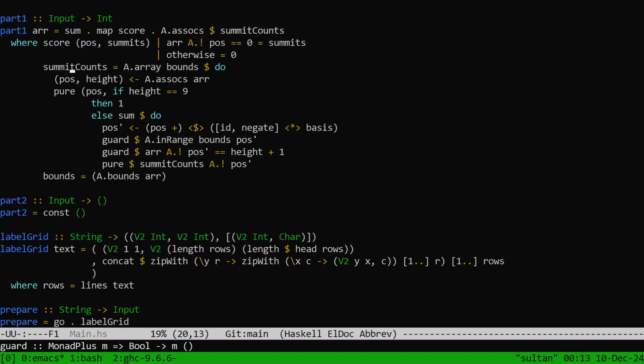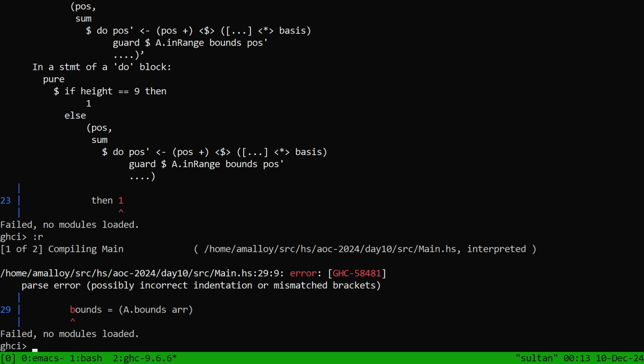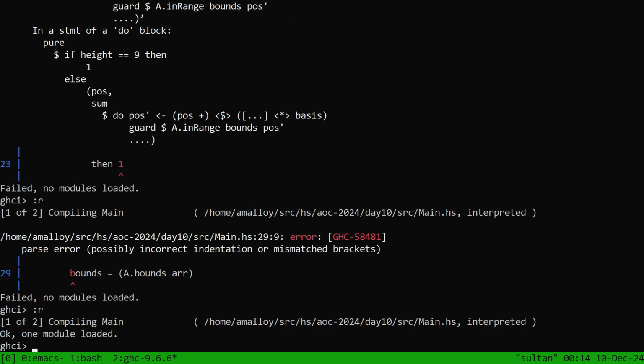So this looks a little bit like an fmap, right? Where I'm just saying map a function into... I mean, I guess it is. I want to fmap a function over height, but I need access to pause at the same time, so I don't know, whatever, I'm sure there was a fancier way to write that. Bounds? What do you mean? Oh, I still need the closing paren. It's just associated with this instead of with this. Great. Well, actually...